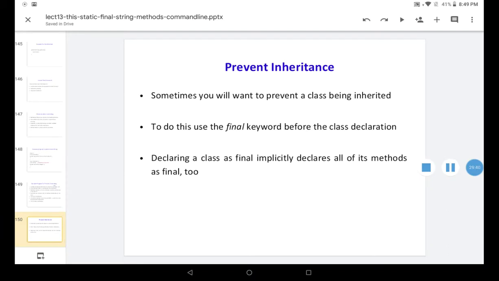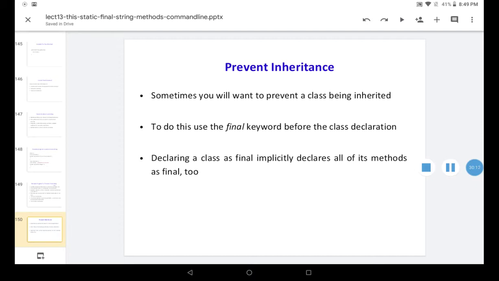Now, how to prevent inheritance using final. Sometimes you will want to prevent a class from being inherited. Not all the time do we allow classes to be inherited. To do this, use the final keyword before the class declaration.